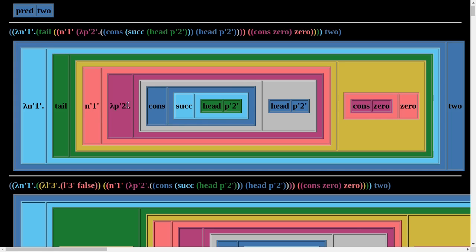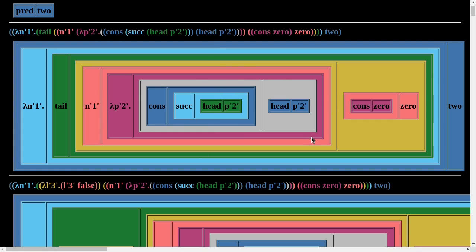If we apply this function again, we're going to pull out the head of that previous one, which was 1, 0, and then take the successor of that and pair it with itself. So now we get 2, 1. The next application of this, we get 3, 2, then 4, 3, 5, 4,